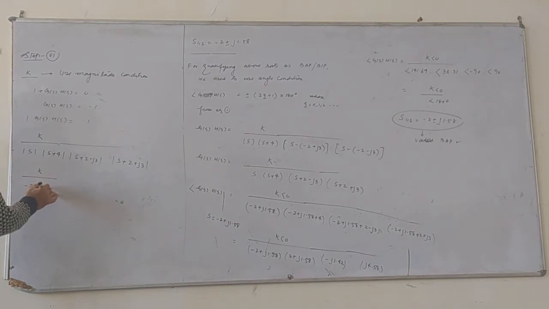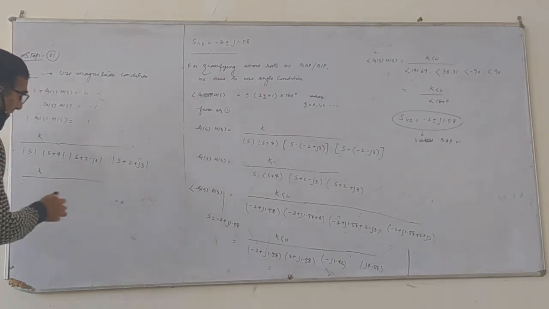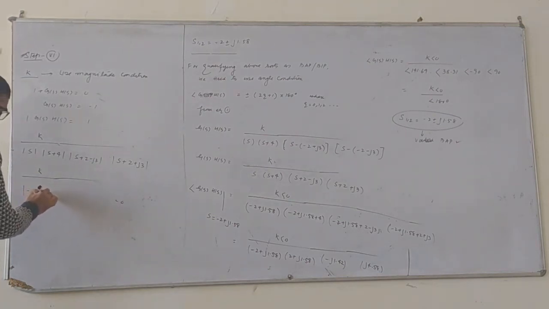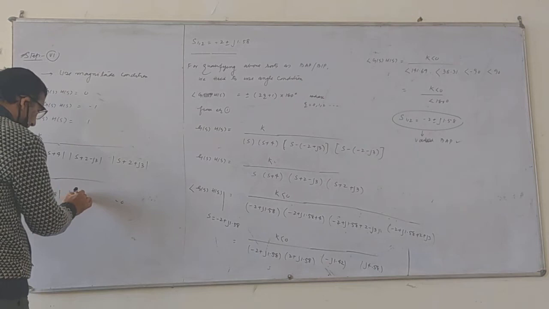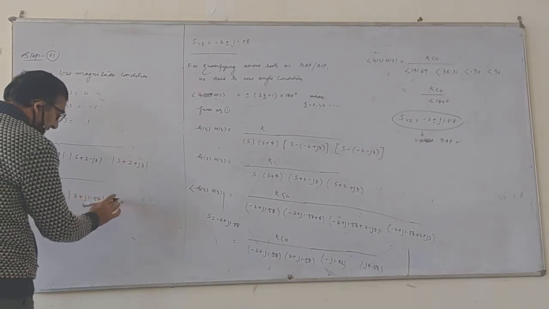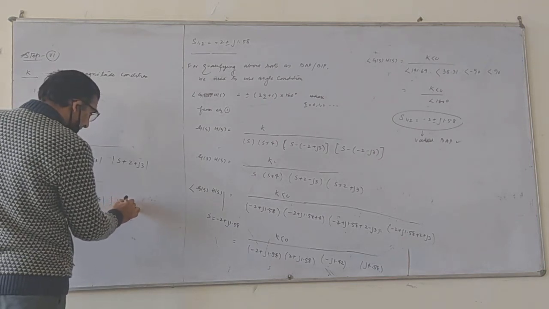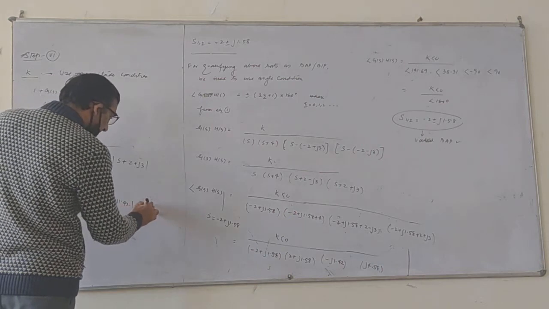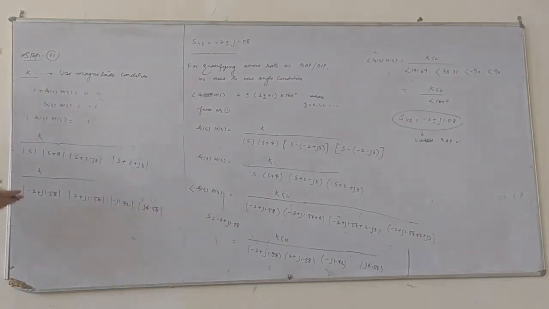This is the root of dk by ds. The magnitude of this, we have calculated already. We copy this value, -2 plus j 1.58, and substitute it. Then 2 plus j 1.58, then magnitude of j 1.42, then magnitude of j 4.58. The magnitude will be positive. This should be equal to 1.